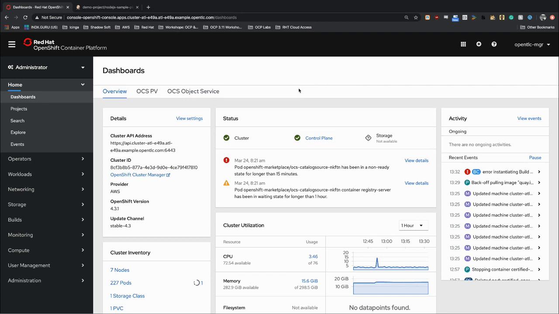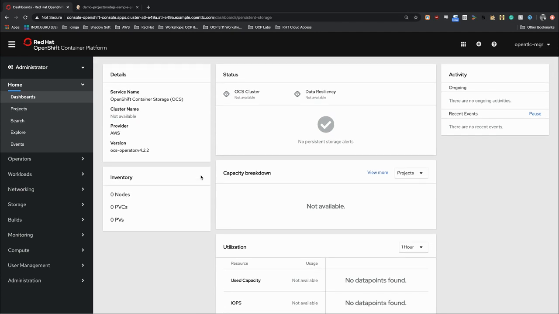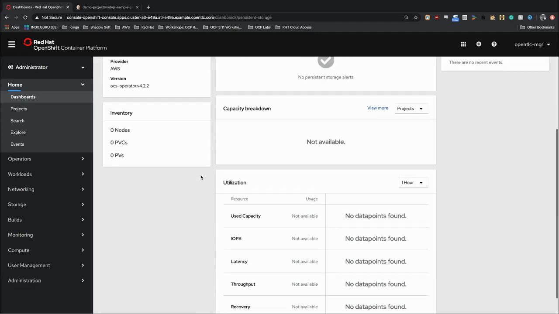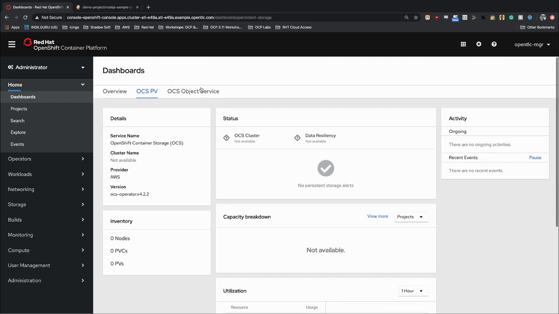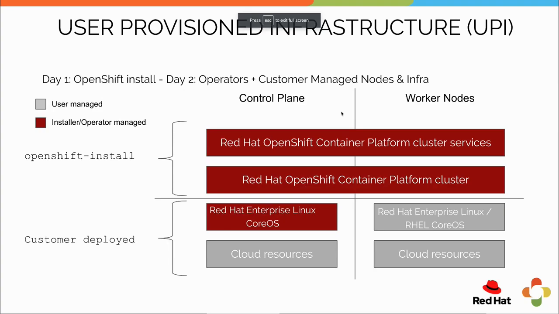Again, Red Hat provides an out-of-the-box solution for this with OpenShift called OpenShift Container Storage 4, or OCS for short. You can see here in our dashboard for our projects that we have an OpenShift Container Storage persistent volume area where we can check capacity, the utilization, as well as certain metrics associated with that storage, as well as object services for object-based storage. Going back to our presentation,